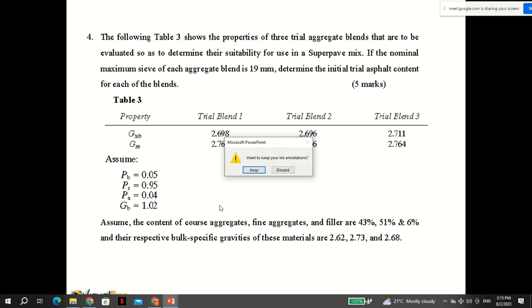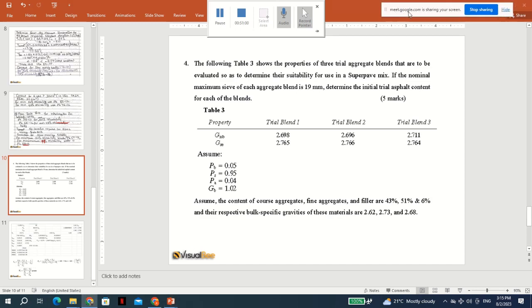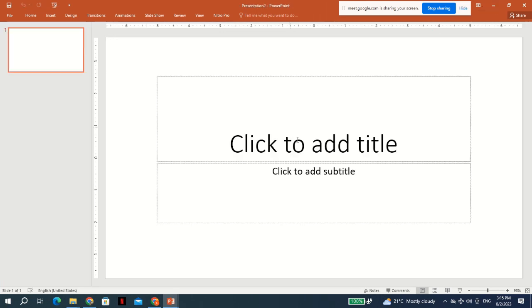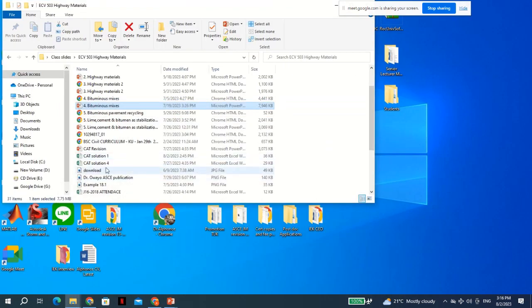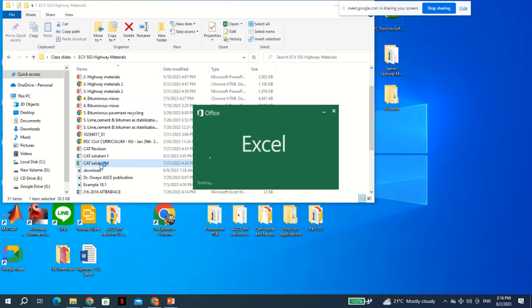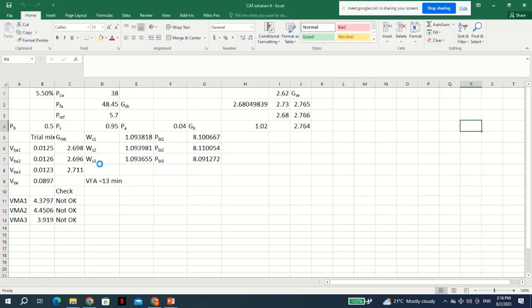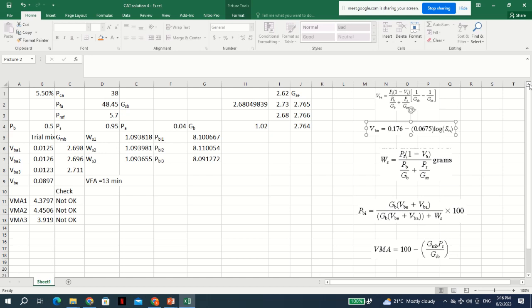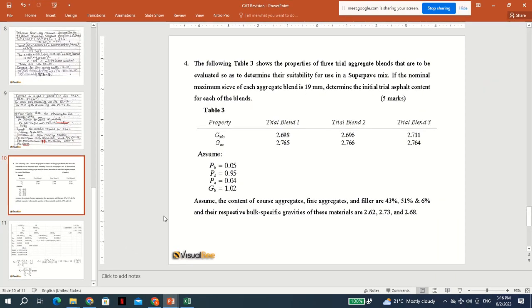So I have done it here, number 4 here. So again, the formulas I've shown you on the right, and I've used Excel just to make it easy. So at 5.5%, the following. So these are the trials,